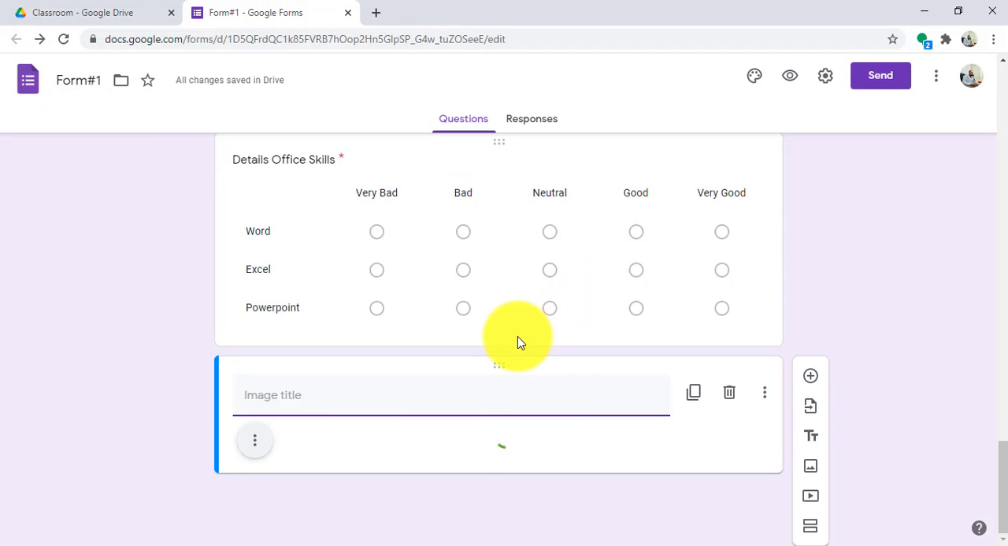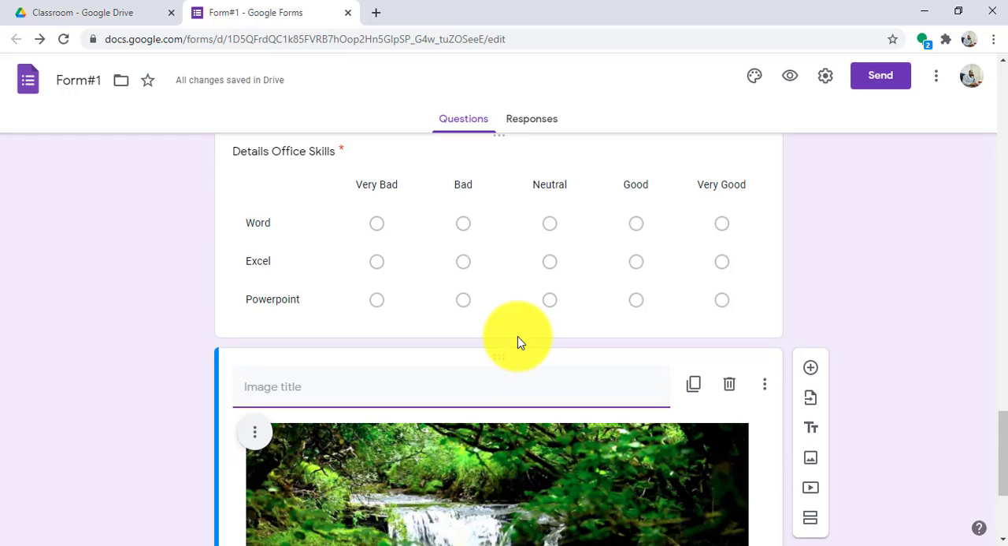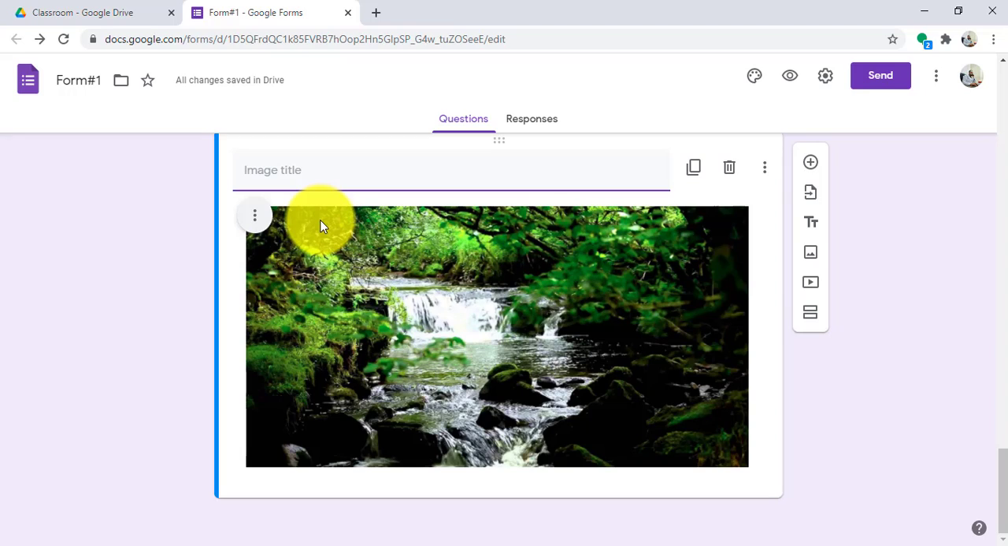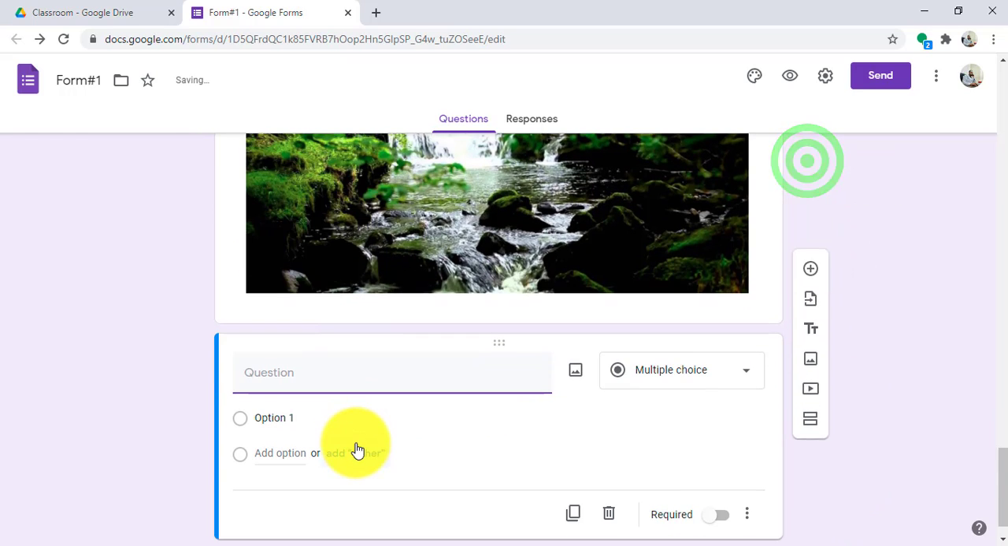The image will be added. Usually, images and videos are used in exams, most likely in exams. So I can add an image, and after that, for example, here, image number 1, and below it, I can add, for example, a question: what you see